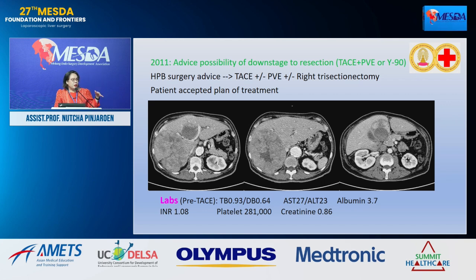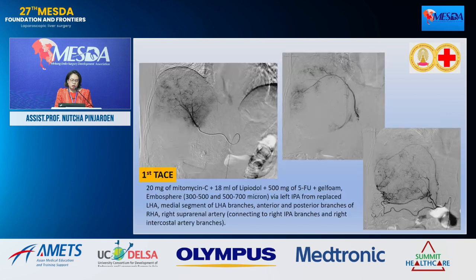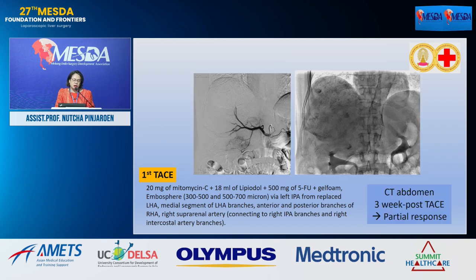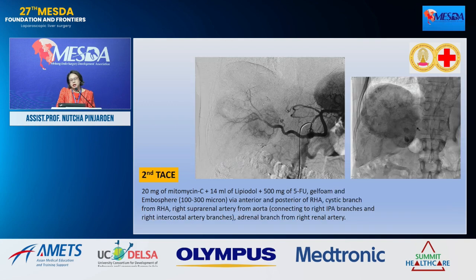treatment plan. When you plan the treatment like this, we have to do it one by one and re-evaluate the patient at every step of the treatment to see whether the patient tolerates the treatment or not. So first we start with the first TACE, trying to embolize the larger mass as much as possible. And then for the second, we bring the patient back on follow-up, and the patient is doing well and can tolerate the first TACE. Then we bring the patient back for the second TACE to the smaller mass in the segment